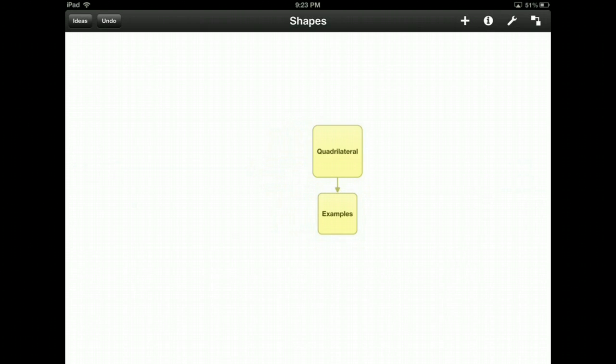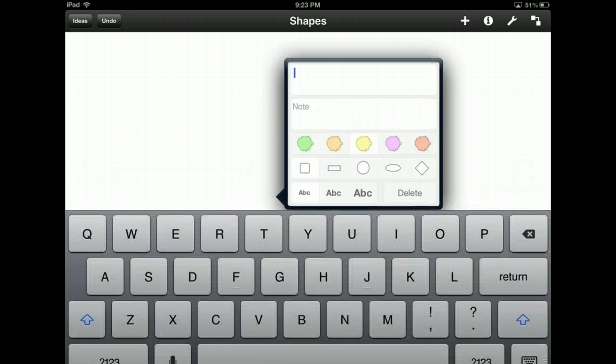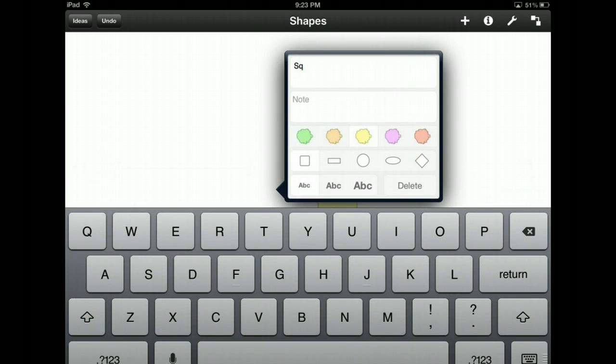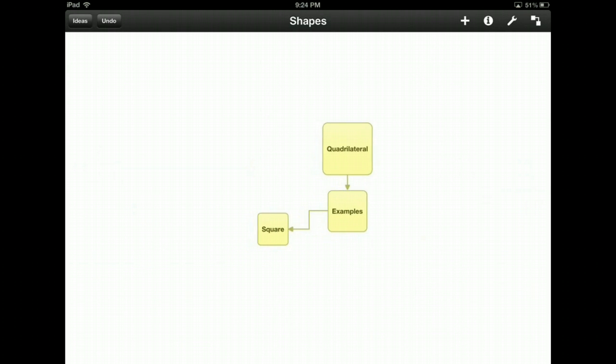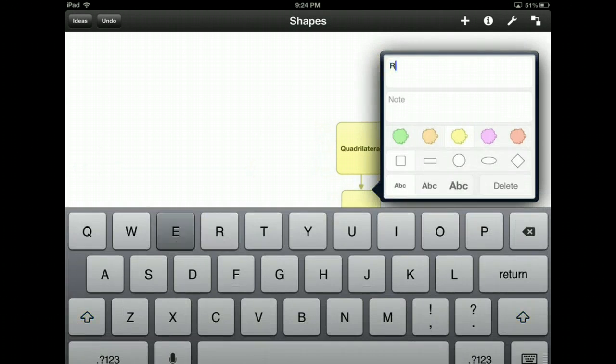As you can see, sometimes the touch is a little sensitive. Well, we have the square, rectangle,